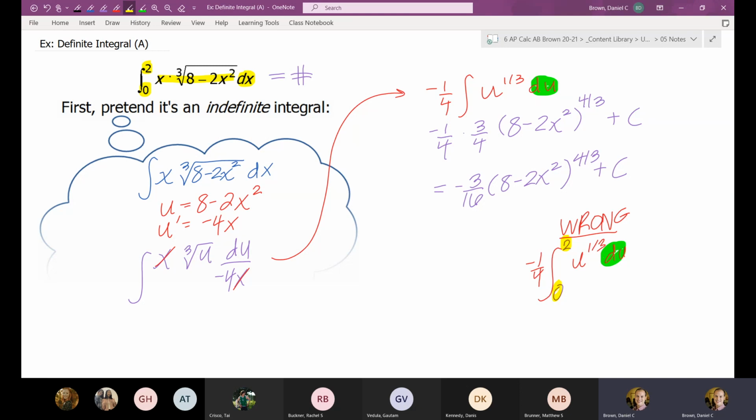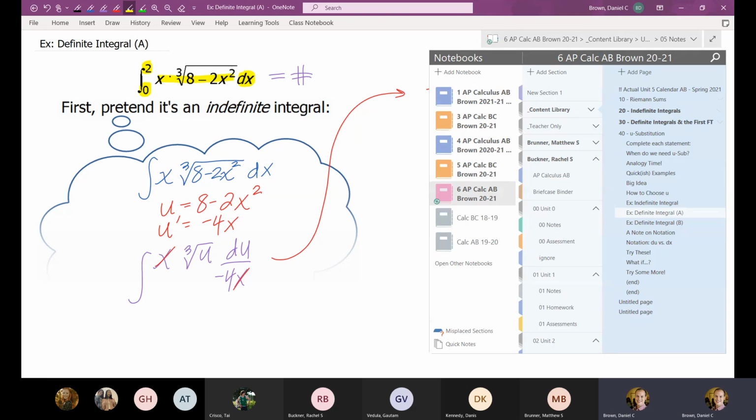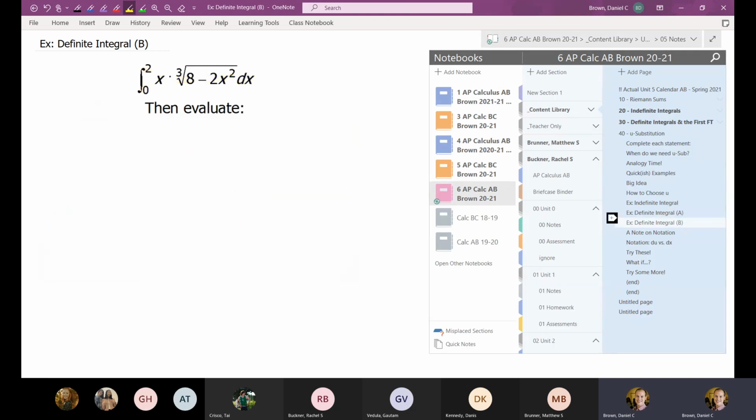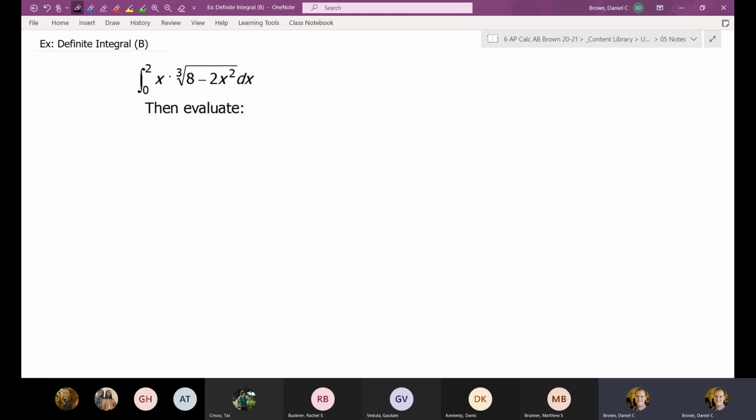So then to finish out this problem, there is my antiderivative. Then I'm going to finish it out by evaluating it. So I have the antiderivative. I'm just going to rewrite it again. Now that all of those are x's, I can go ahead and plug in the top number minus the bottom number. So plugging in the 2,